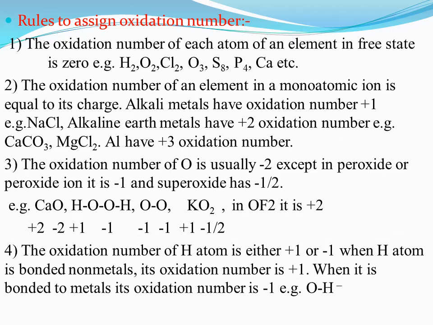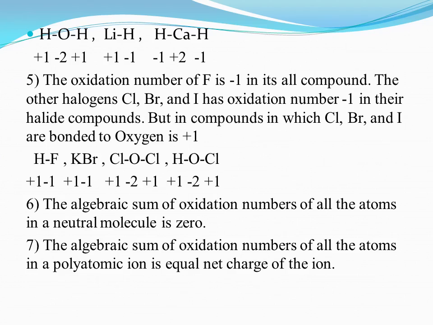Fourth rule, the oxidation number of hydrogen atom is either +1 or -1. When hydrogen atom is bonded to non-metal, its oxidation number is +1. When it is bonded to metals, its oxidation number is -1. Example, in OH minus ion, the oxidation number of hydrogen is +1. In water, the oxidation number of hydrogen is +1. In lithium hydride, it is -1. In calcium hydride, it is